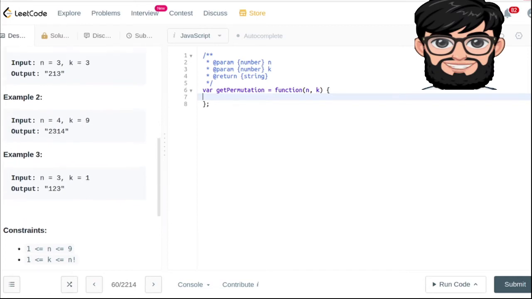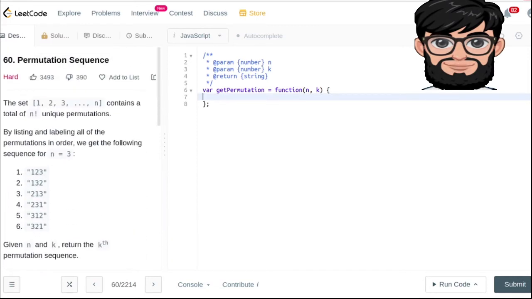So if n is equal to 3 and k is equal to 3, we have to return the third permutation of that, which is going to be 2, 1, 3. So yeah,